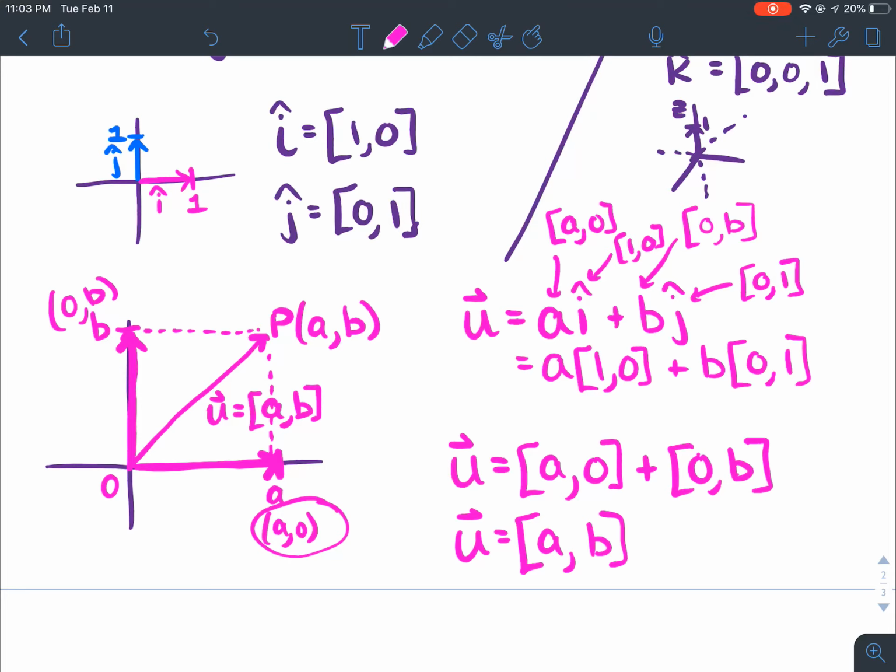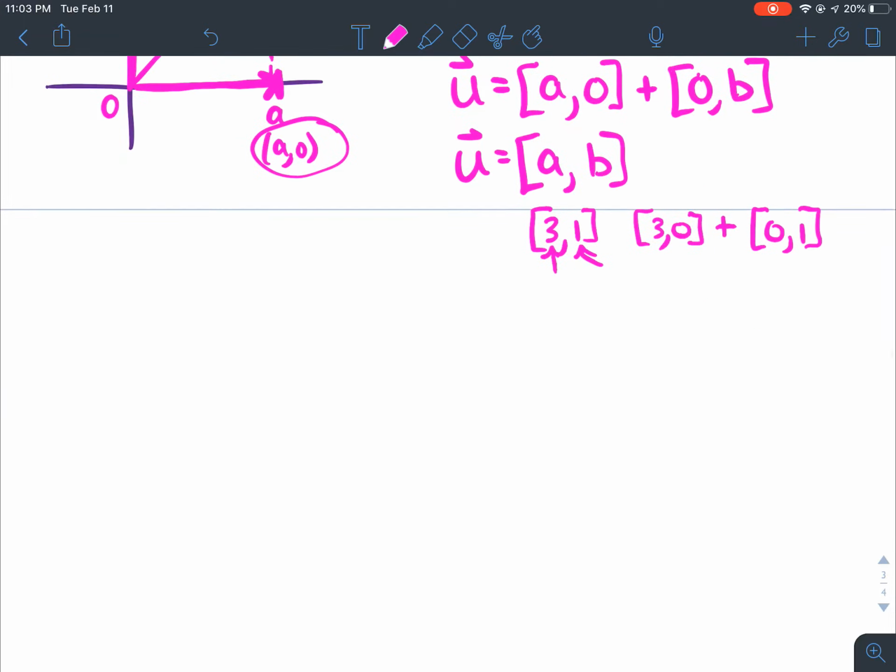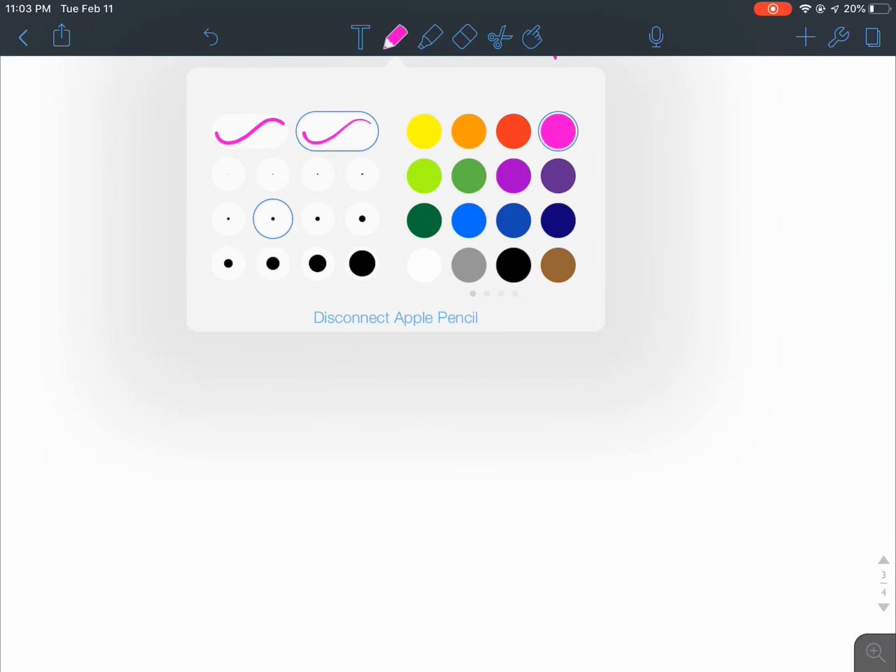So you know how we normally write vectors like 3, 1, for example. Well, that vector could be written as 3, 0 plus 0, 1. So we could write these in terms of their x and y components on a grid. That's all I'm getting at in a confusing way. Okay, so that brings us to, we kind of already covered it,